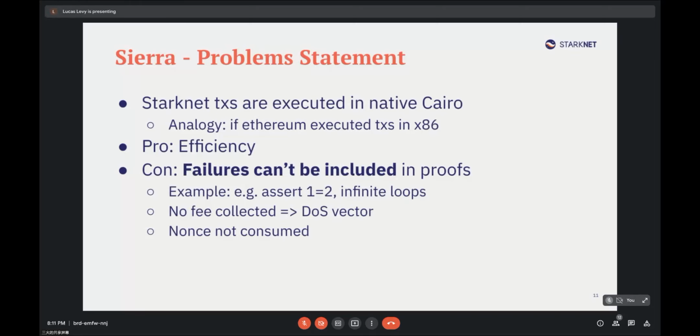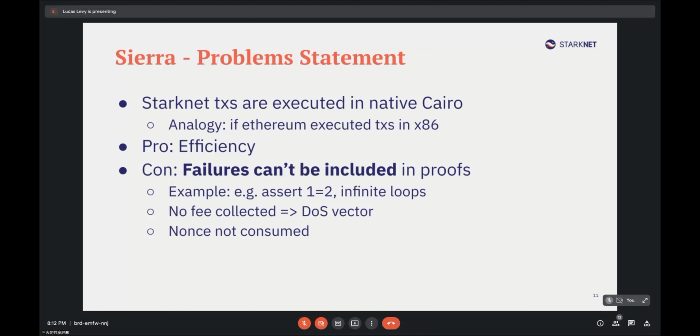Right now, the state of StarkNet is that transactions are executed in native Cairo. It means that we don't sandbox anything, so it's more efficient, and it's kind of safe because Cairo's memory is immutable, so a transaction can't mess with the OS memory. But the good analogy would be if Ethereum executed the transactions on plain x86.